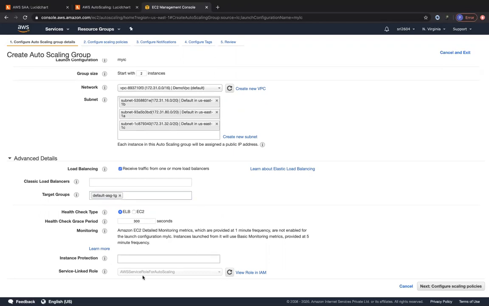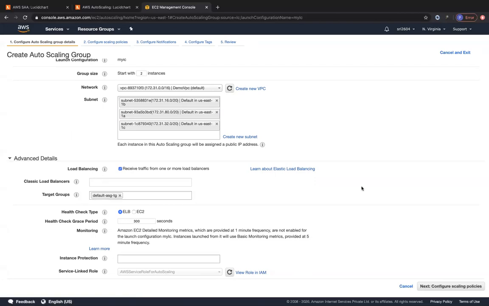And for the auto scaling group to launch instances on our behalf, it needs a service linked role, which is created by default in IAM for us. We don't have to create the role by ourselves. So just remember, guys, because it's going to create EC2 instances on your behalf, where you have given the auto scaling group the configuration, you have to also give the authorization to the auto scaling group to do it on your behalf. So wherever there is a statement where someone is doing something on your behalf, there should be an IAM role which is associated with it. So that's the reason why we have a service linked role over here for the auto scaling group, where it can launch instances on our behalf. You can view the role in IAM just by clicking on this.